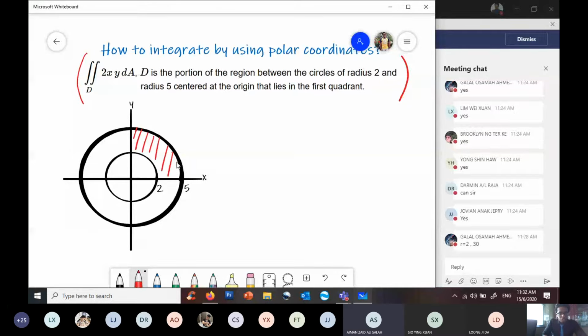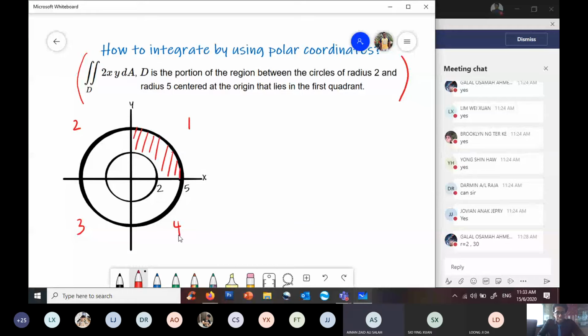So this is the region they are talking about. First quadrant. Quadrant means the separation of your Cartesian coordinate. This is the first quadrant, second quadrant, third quadrant, fourth quadrant. Okay. So this region, let's say if you don't even know anything about polar coordinates, I just ask you to